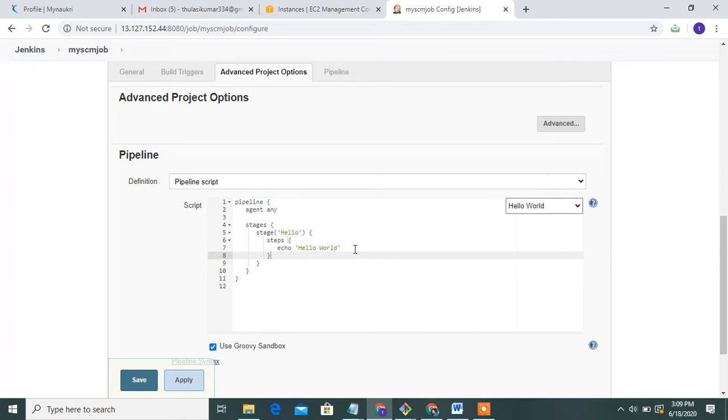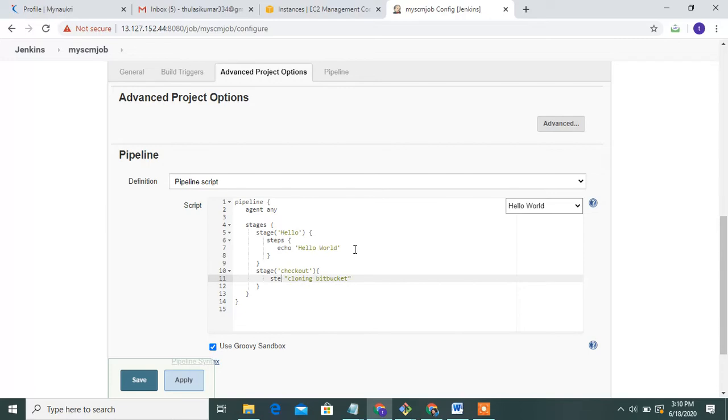Then write another stage, checkout, with steps: echo cloning the Bitbucket.